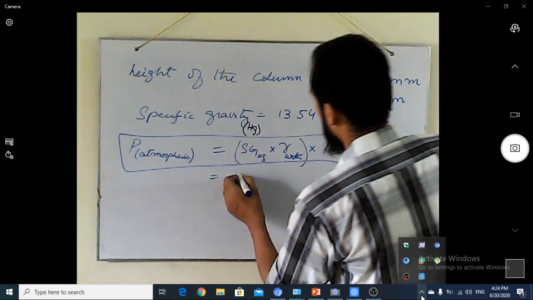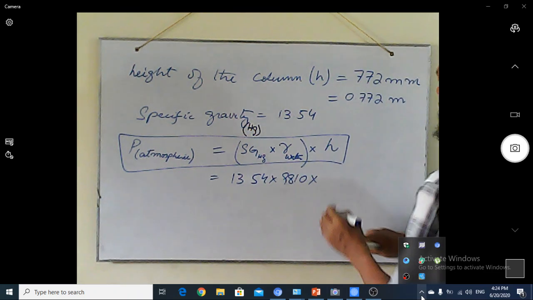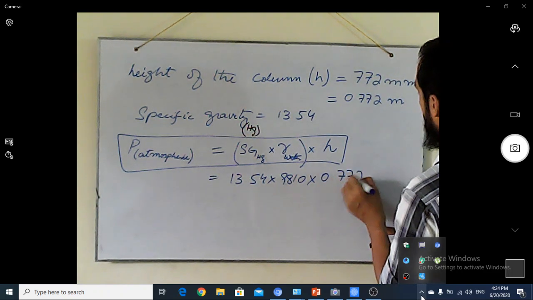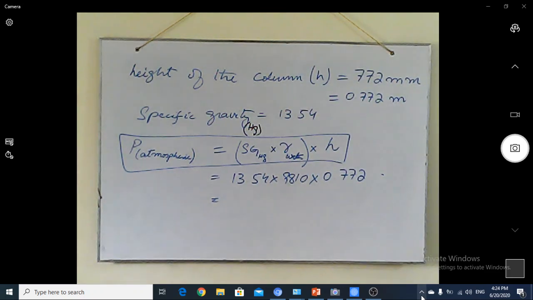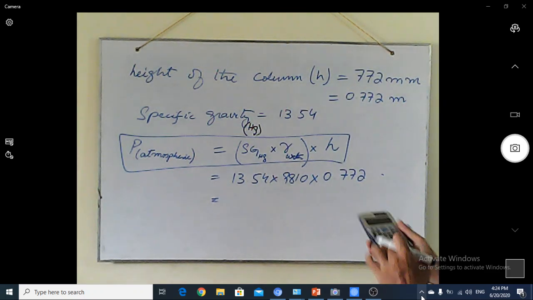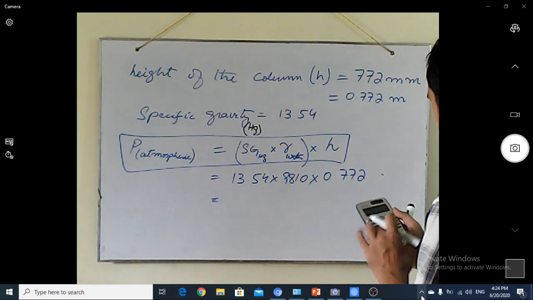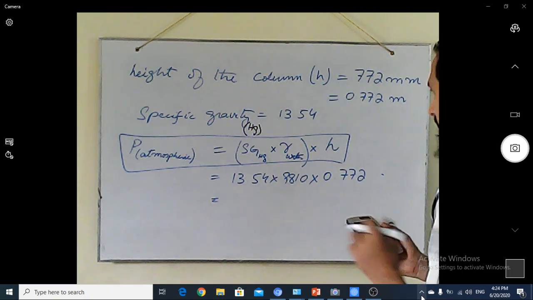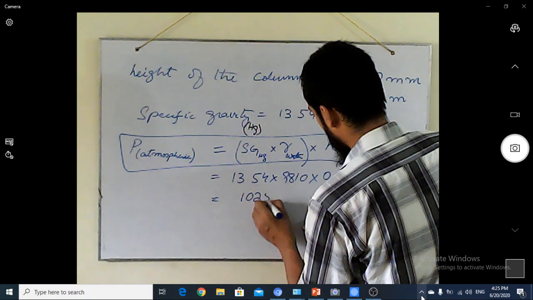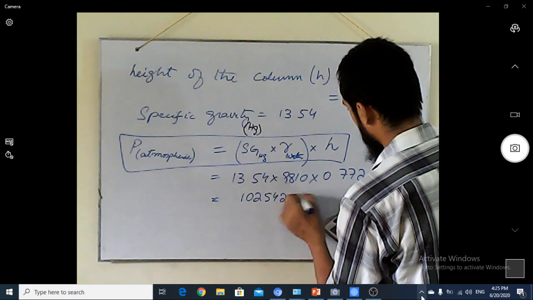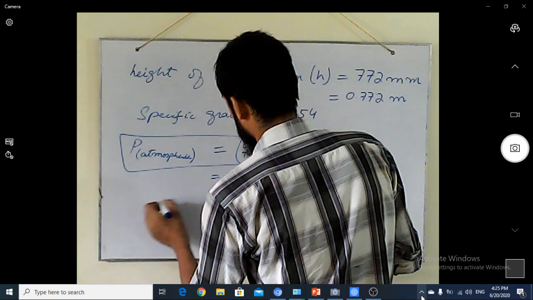So simply, 13.54 multiplied by 9810 multiplied by 0.772 gives an answer equal to 102,542.75 Pascal. And this is the atmospheric pressure